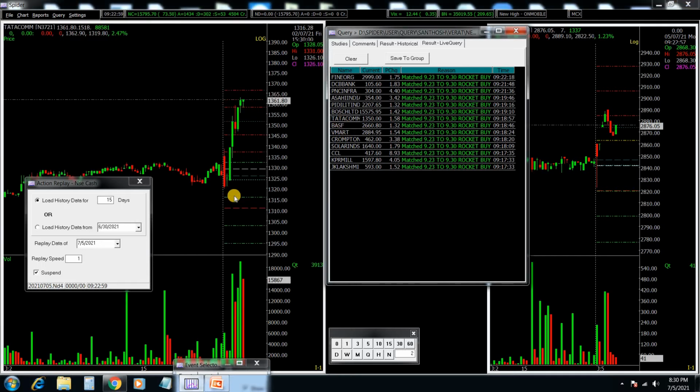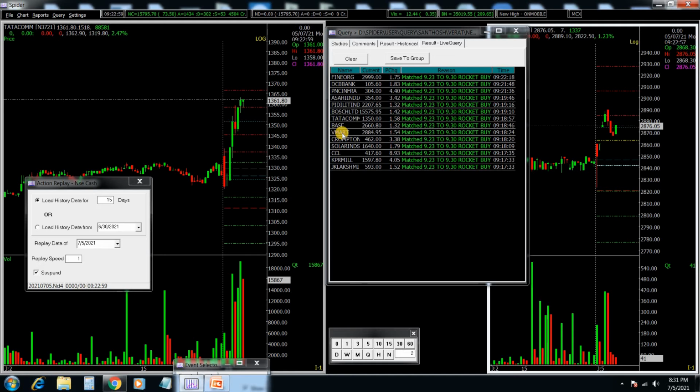Let us go to Tata Communication. It's a 1 minute chart, 9:16, 9:17, 9:18, 9:19. It has crossed the second red line at 9:19. For scripts which cross after 9:18, don't buy right after crossing. Let this candle fully close. After the close, whatever high it has made, the price should trade at least one or two trades above this high. Then you enter. Then you hold the script for 15 to 20 minutes, or you book based upon the percentage of profit.